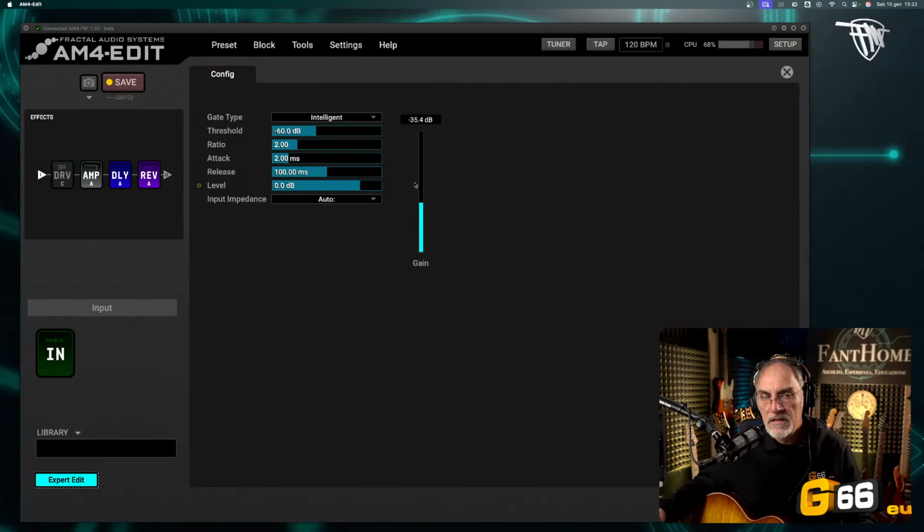Okay, this is not the input meter. This is the automatic reduction due to the noise gate. Don't make confusion. This is another value.